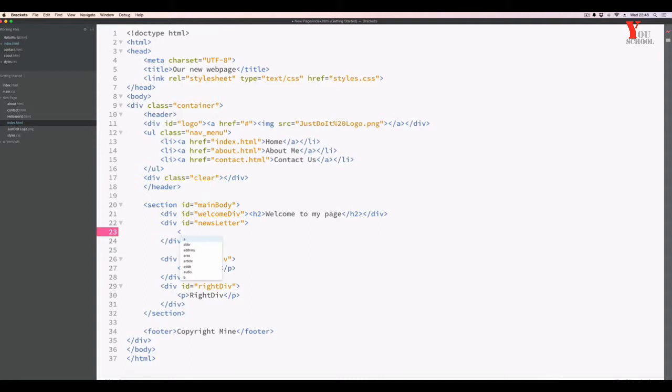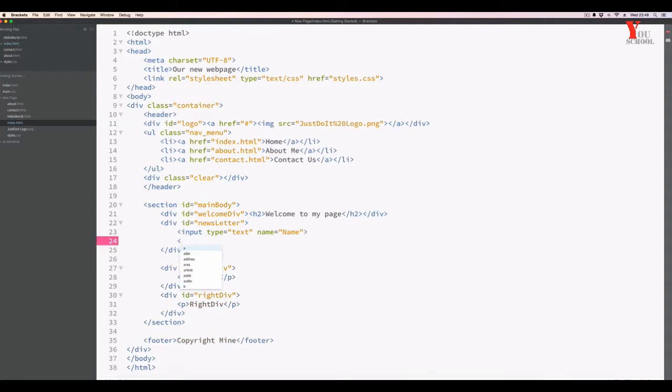So what we would have, we'd have a few input types, and the first input type we might have would be of, say, type text. Its name may be name, for example, where we want someone to enter their name. And then we might want another input type of